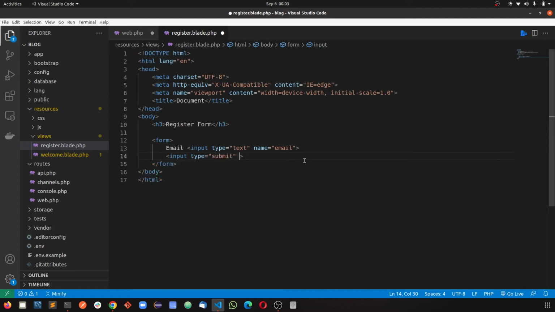Perfect. If you want to give some value to the button, we can give that also. I'll give it the value as register button, keeping it very simple. Okay, so we have this form, right? Now, how can I show this